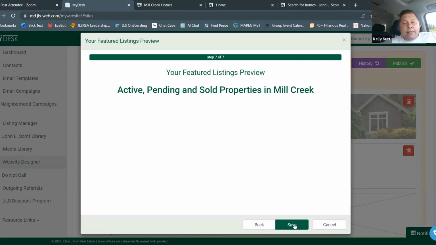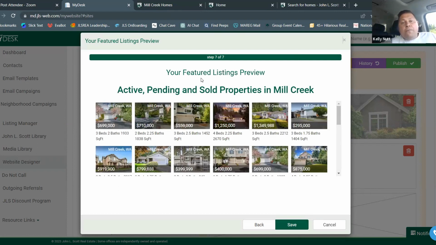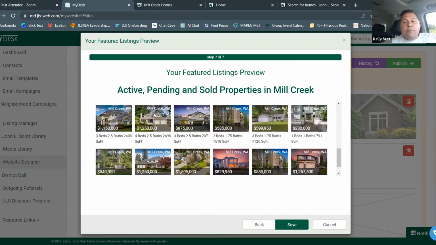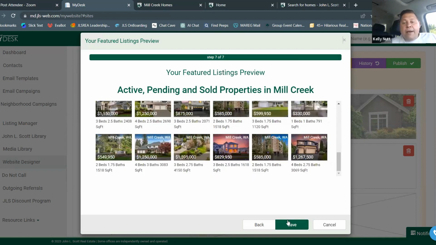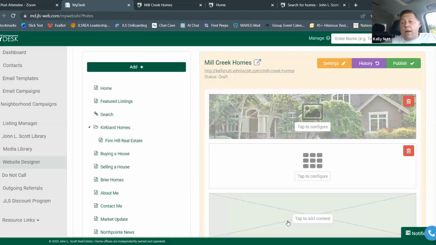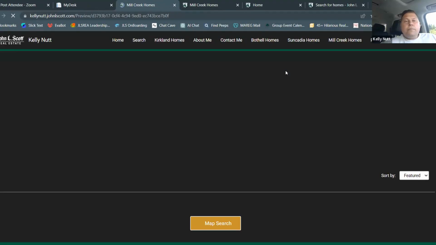I select next, okay? Your featured listings preview: active, pending, and sold properties in Mill Creek. Now you can see, this gives you an idea of what it looks like as a preview for the first page, okay? And then we simply click save. And then now I want to take a look and see what it looks like before I publish this. Okay,